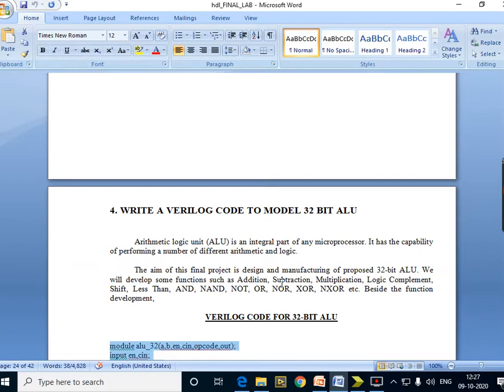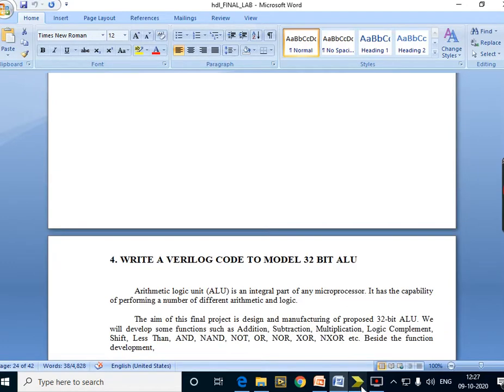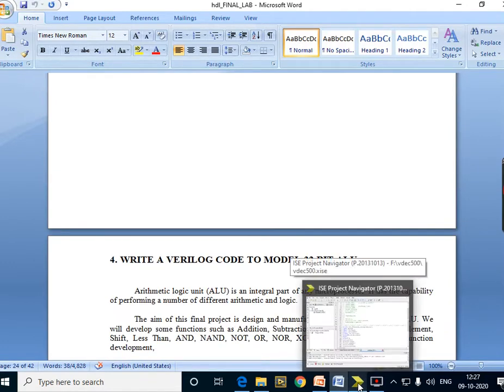We're also going to perform some logical operations such as AND, NAND, NOT, OR, NOR, XOR, XNOR, and similarly less than, greater than, and all shift operations can also be performed under the logical section. Based upon the requirement and need, you can define the different operations for this 32-bit ALU. All these operations are clubbed together under one program, and that will give you the design of the ALU. Now let us get into the simulation of this program.